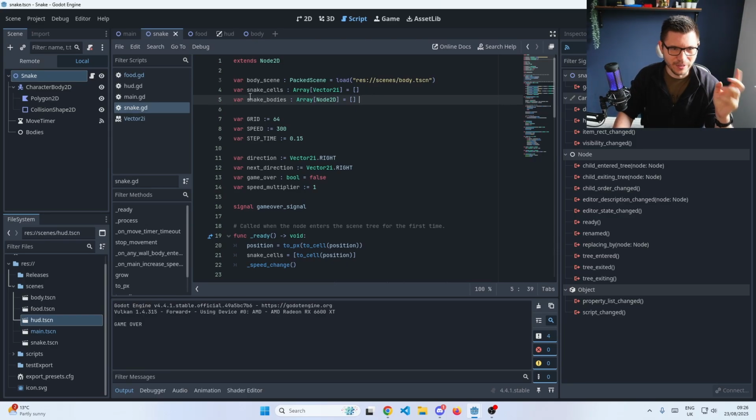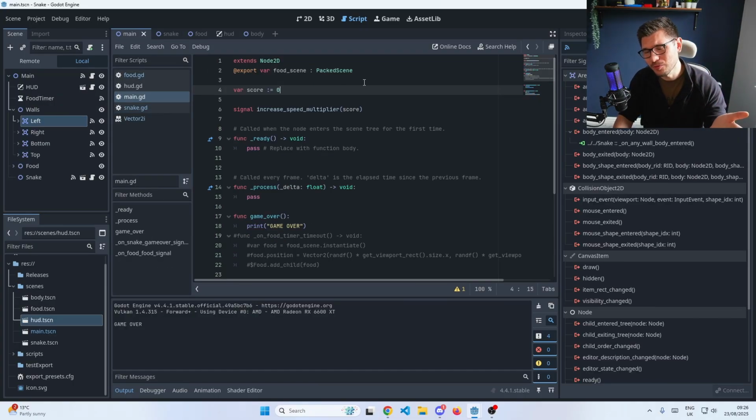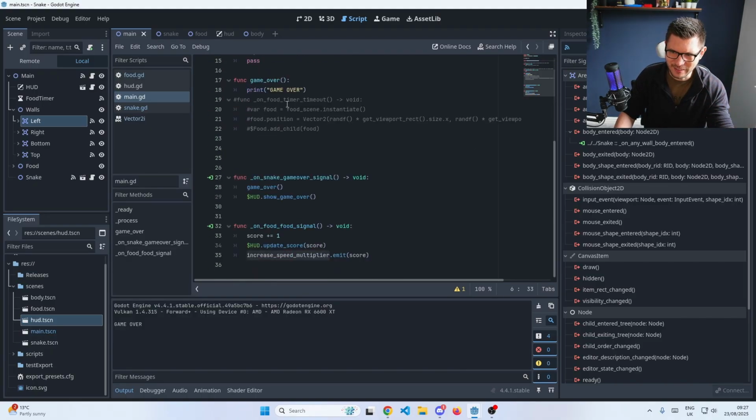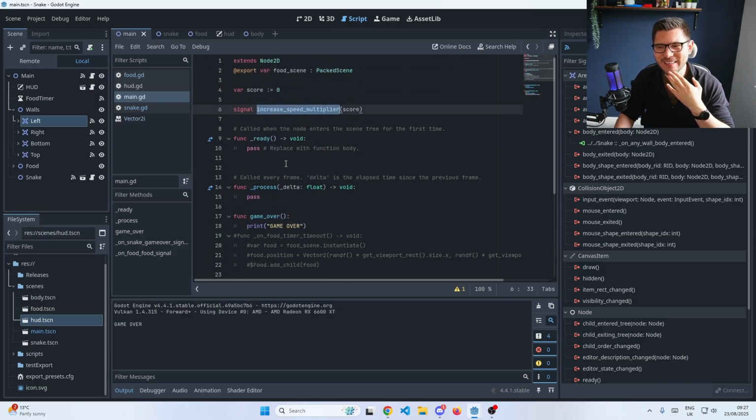The other thing I really struggled with was signals. And I've got them all working. I just feel like they're so messy. I've got a signal here, which then goes to the player, which comes back to the head, which then goes to the food. It just seems a bit weird. It's going around in circles a little bit. So it works. I just don't think it's right.